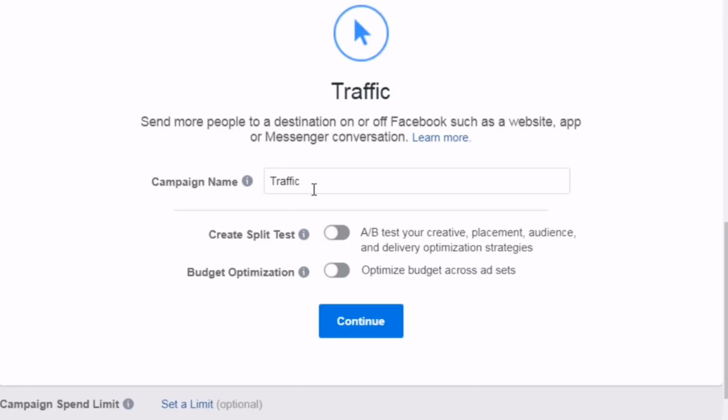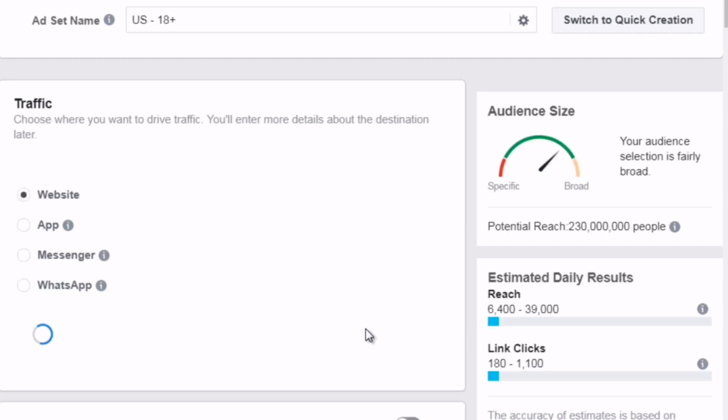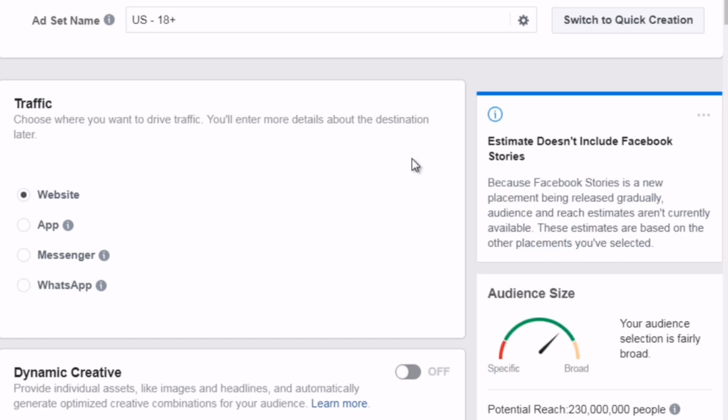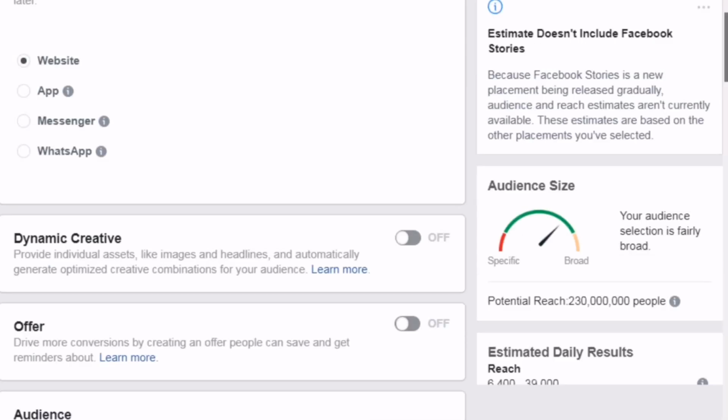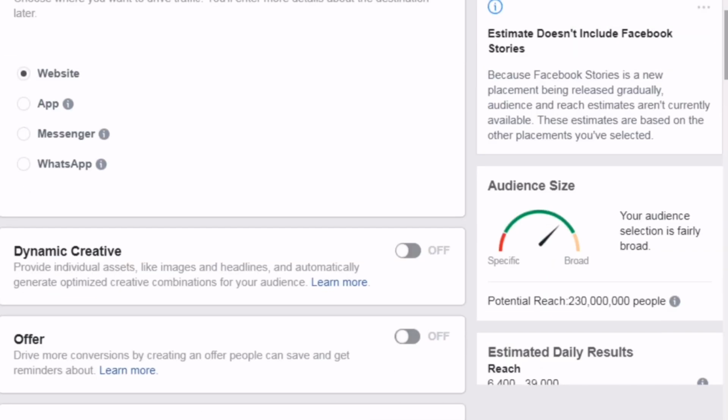And then, of course, we're going to name the campaign. We'll call it retargeting test 1. You can split test, you can do budget optimization. We're not going to do any of that. We're going to keep it simple. Now, as you can see here, this allows us to focus on a specific demographic. So we've got traffic, we scroll down,